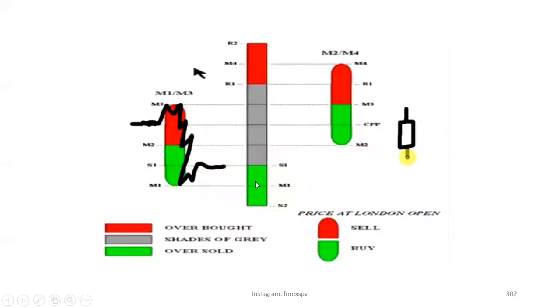So we have the red zone and the green zone. The red zone is the overbought area. The green zone is the oversold area. So we look for sells when the market is in the red zone. We look for buys when the market is in the green zone. So depending on where the market will be going,